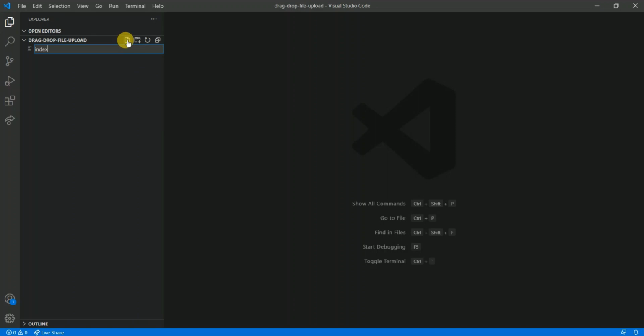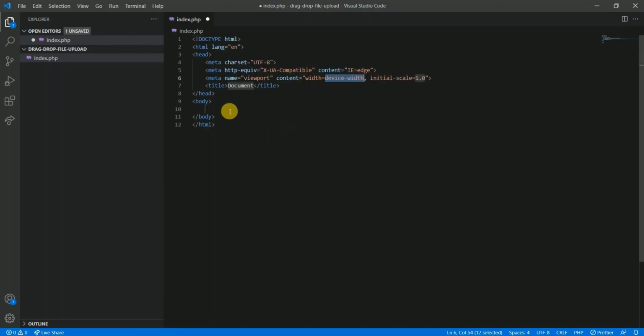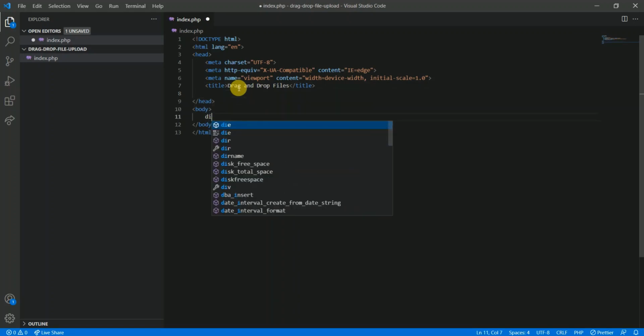So I create the file called index.php. Now let's add some markup, so it gives the user interface to drop the files. Now let's add some markup here.